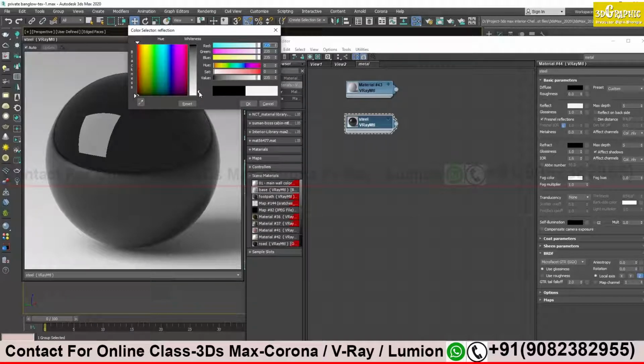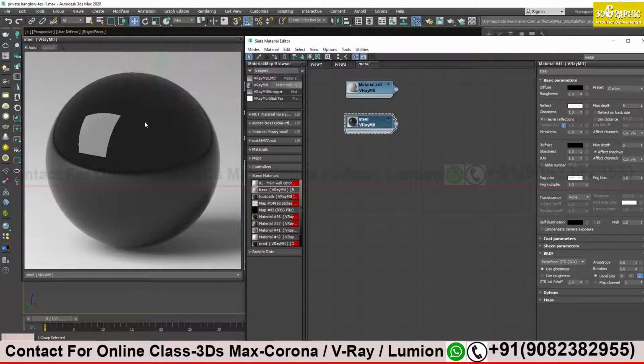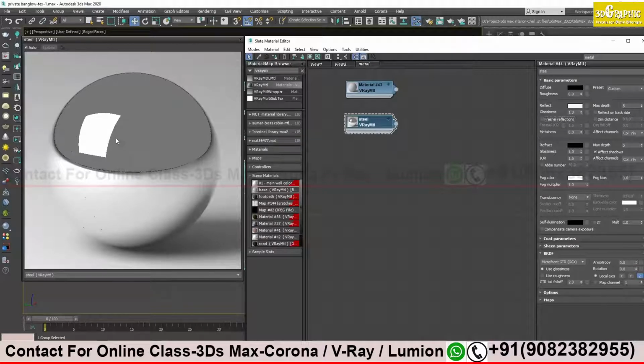For Fresnel reflection, for metal, just turn it off, and it will be very reflective. On my preview, you can see the bottom is white, so it is reflecting white, and the top portion is gray. So it is now 100% reflection.